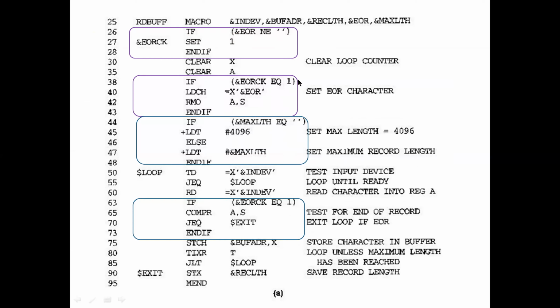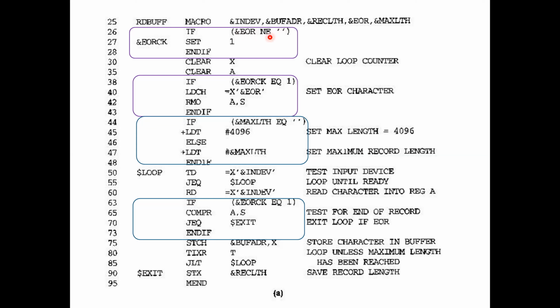You have if, bracket, followed by &EOR. So &EOR is one of the parameters being passed. NE means not equal to, and here you have EQ, which is equal to. This is how you write a condition: the parameter you want to compare, the condition, followed by the value you want to compare with. Here it checks if it is not equal to null, given within single quotes.